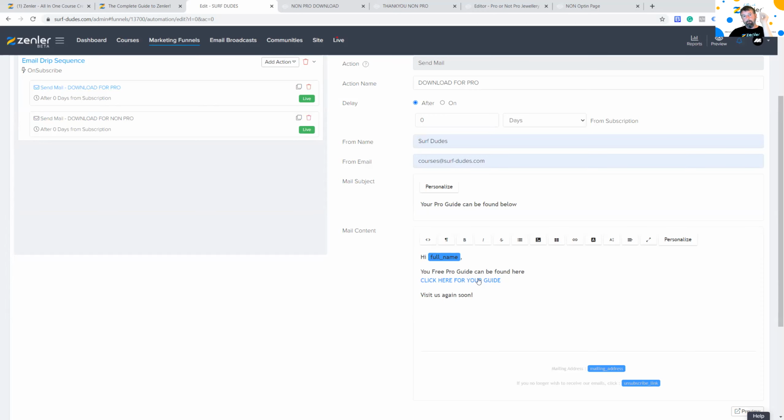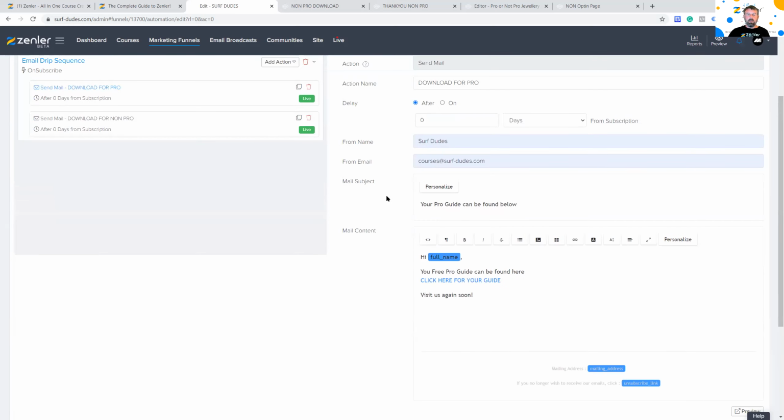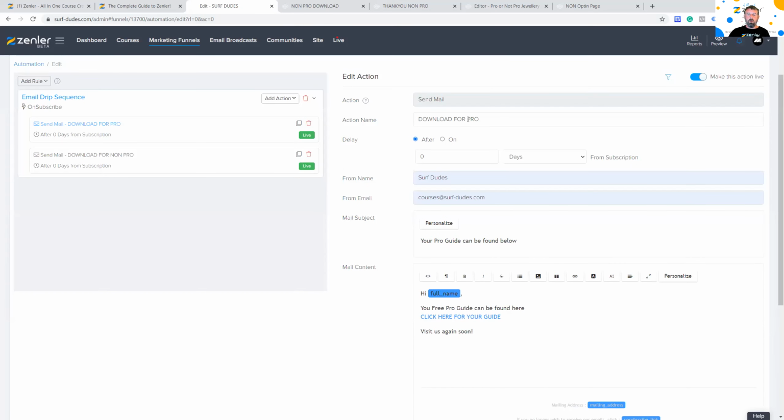That's where it's taking them. Bang, they're in there. So you've guaranteed that it's a valid email address. They've clicked it, they've picked it up, they're interested, and they are a fully fledged lead and not a fake lead. So how do we target just the people that are on pro or have been tagged pro?